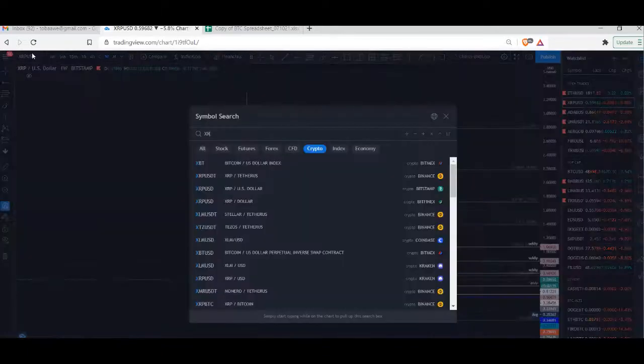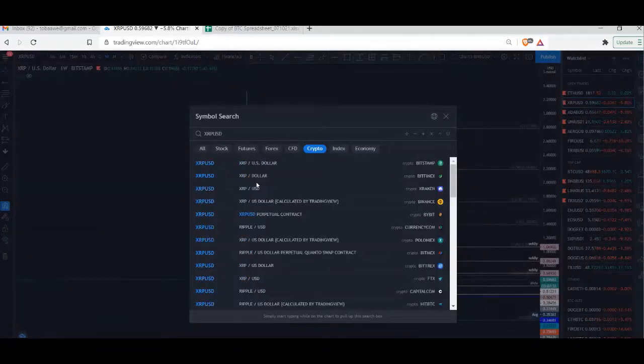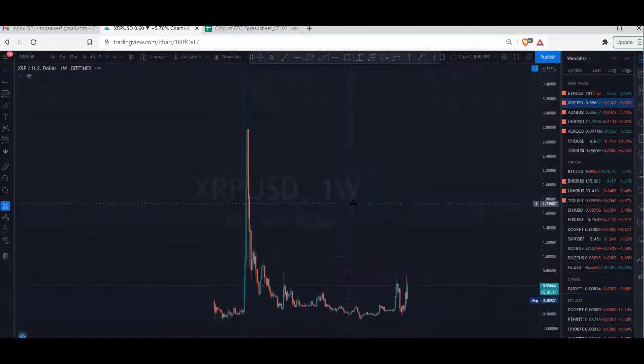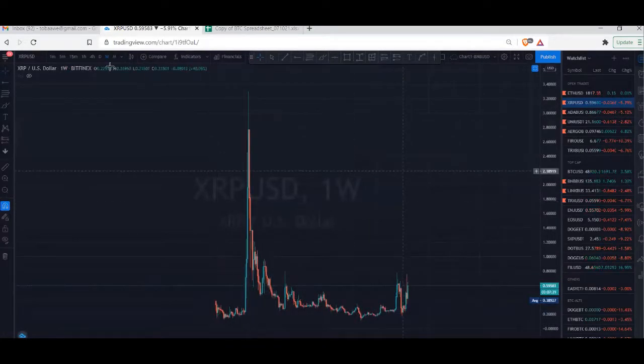Okay, XRP USD. Fine, this is a clean chart now. I'm on a weekly time frame. See what I'm going to do. I take my Fibonacci. Number one, if I want to draw my support line first, let me just draw a support line from this